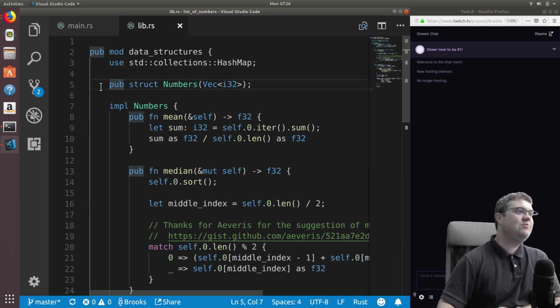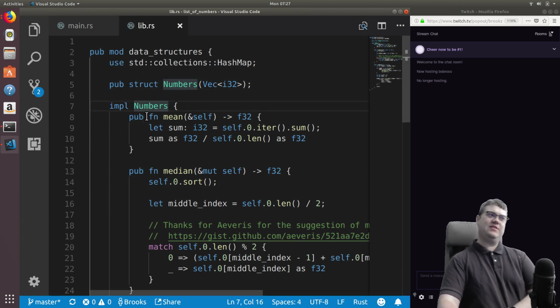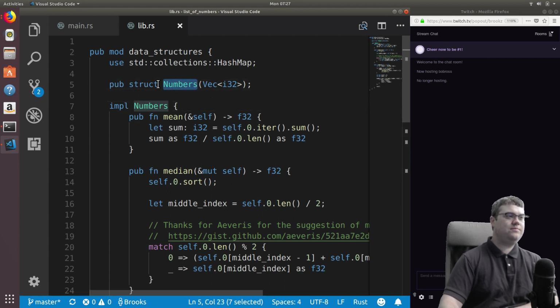This might be one of those things where I need to go ask one of the other Rust developers I know, like, how am I supposed to do this? Because the book so far only explains how to use libraries with functions. And I don't think that you can return a struct, right? I guess I could have a function that returns this structure. That might be interesting. So if I have public mod data structures, it uses this. I wonder